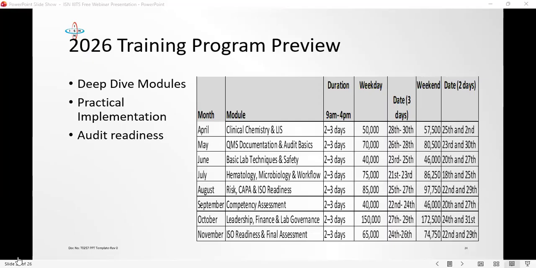Yes, there are quite a number of them. ISN, in its own capacity, is also trying to partner with some of those international organizations to bring them closer to the grassroots so that we can become a center for training for those international organizations. But there are many of them abounding. The American Society for Quality has campuses around. The IQS also has a training facility for international certification in Nigeria.